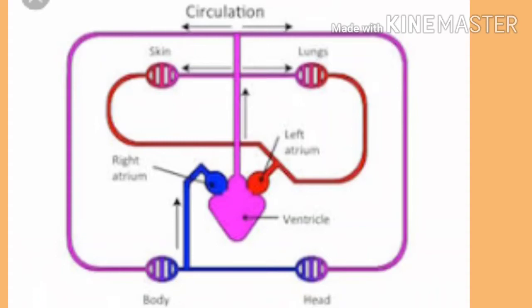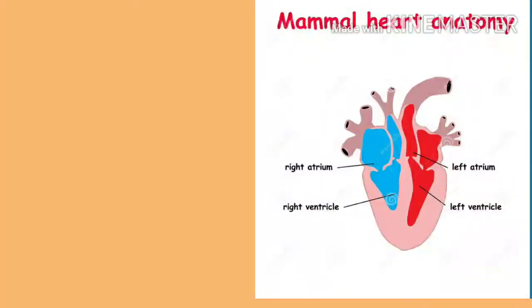Now, birds and mammals possess a four-chambered heart with two atria and two ventricles. In birds and mammals, the left and the right atria receive oxygenated and deoxygenated blood respectively, which is passed onto the ventricles of the same size. Here there is no mixing of oxygenated and deoxygenated blood. Thus the ventricles pump it out without any mixing. That is, two separate circulatory pathways are present in these organisms, and hence these animals have a double circulation.